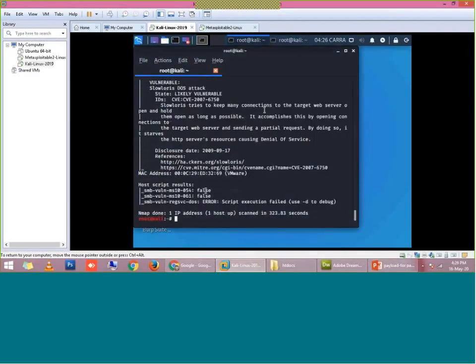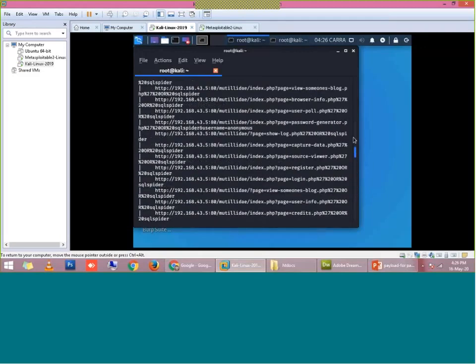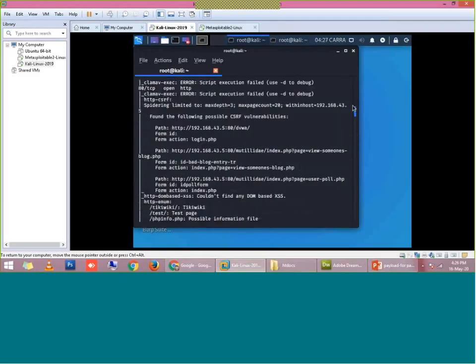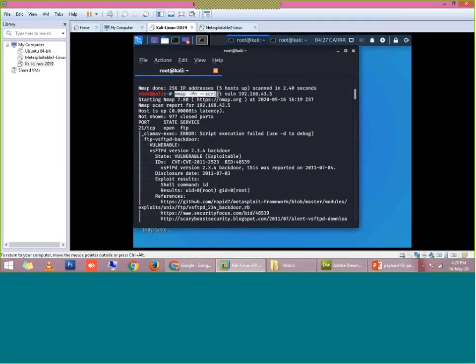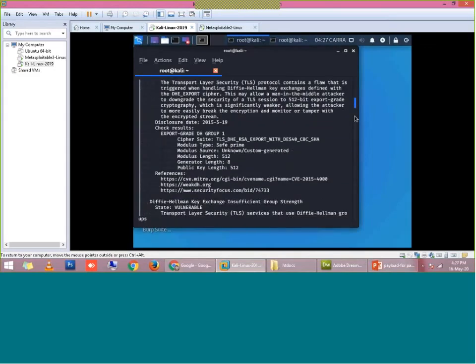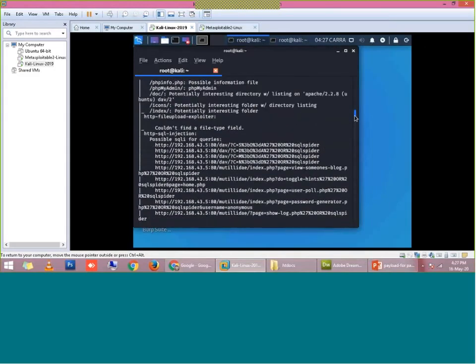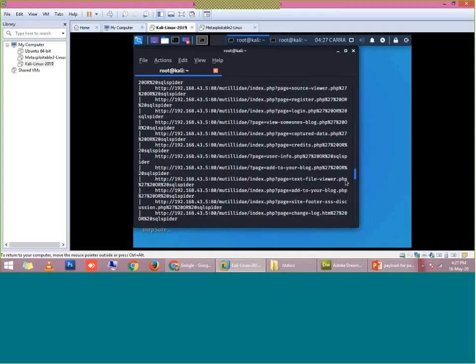So yes, it has been completed. The earlier command which I have run, the common vulnerabilities enumeration command. This command I have run. It has taken significant time, and after the scan is completed, it has listed all the different types of vulnerabilities which are available. You can find here SQL injection is also available in the Metasploitable. Yes, it is available there. So the entire list of common vulnerabilities has been listed here.